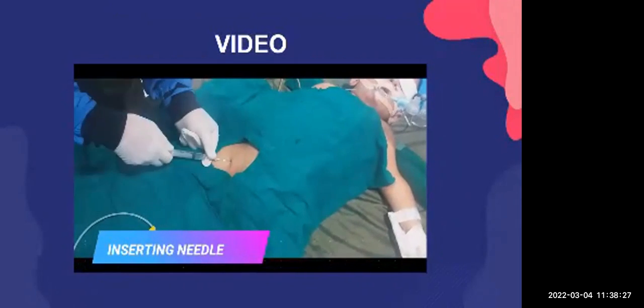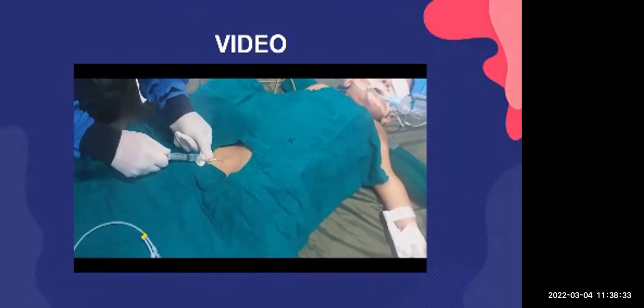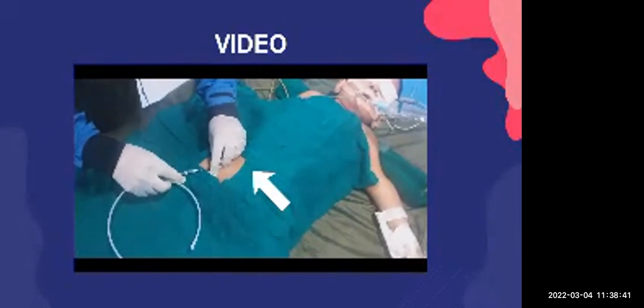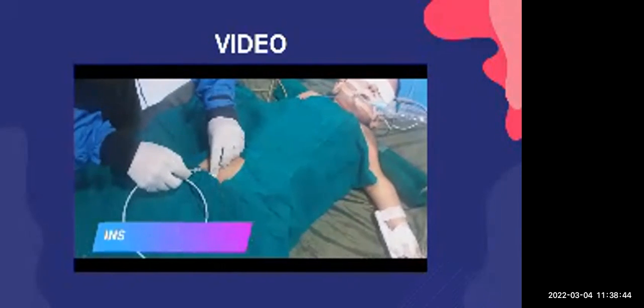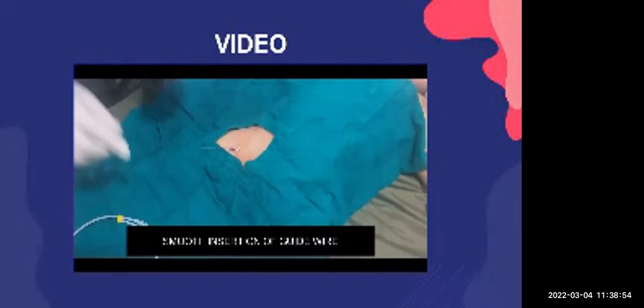So the needle is inserted at 30 degrees to the skin. So we can see there is a backflow of blood when he pulled the plunger. So then he inserts the guide wire slowly. After that, he removed the needle,